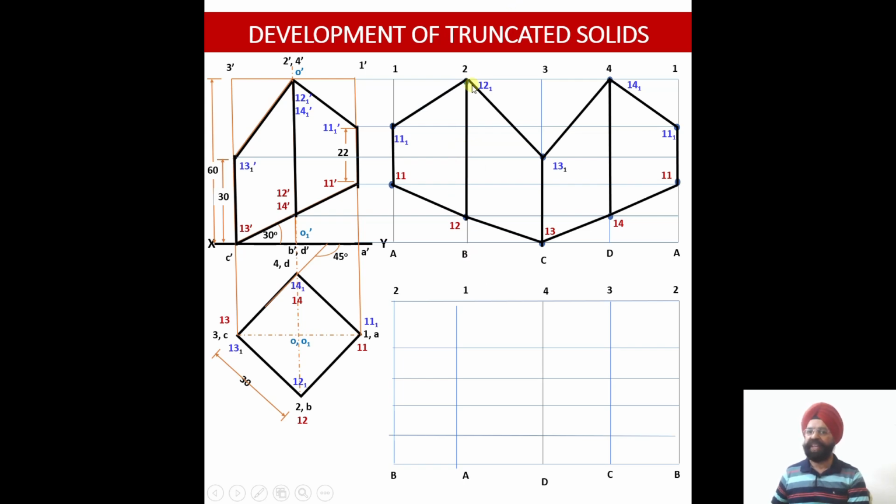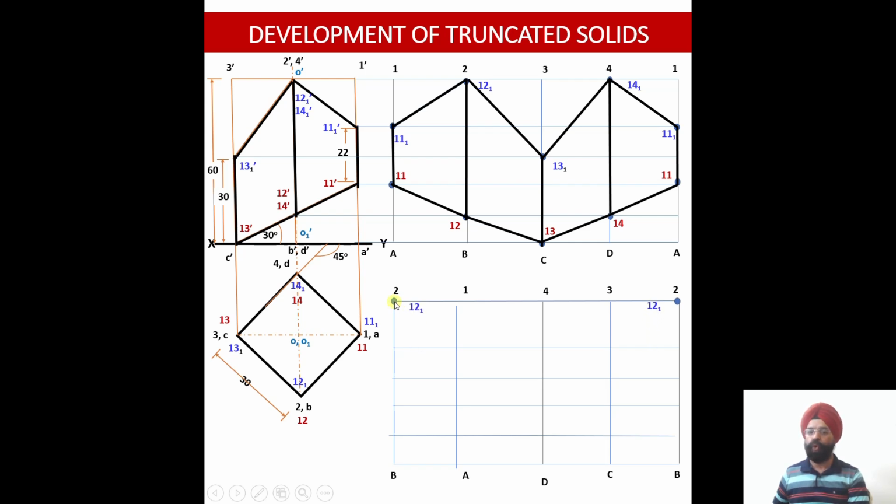So it will remain the same. You start from here, this is the cutting point, that is 12.1 dash. This distance if I mark, it would be marked on the top line over here, the top projection line. So the top projection line is this one. So the point 12.1 will be marked over here.